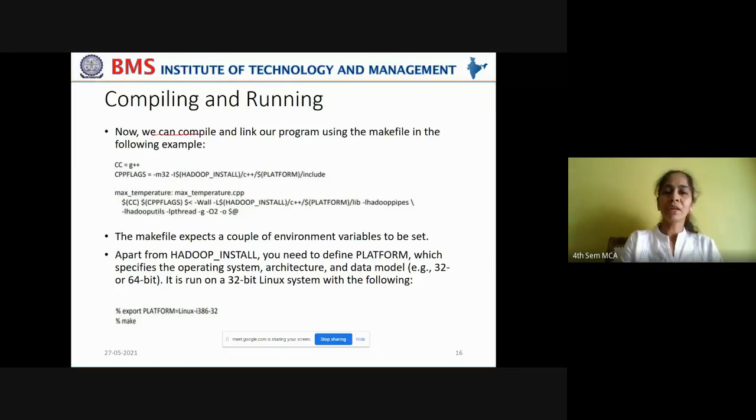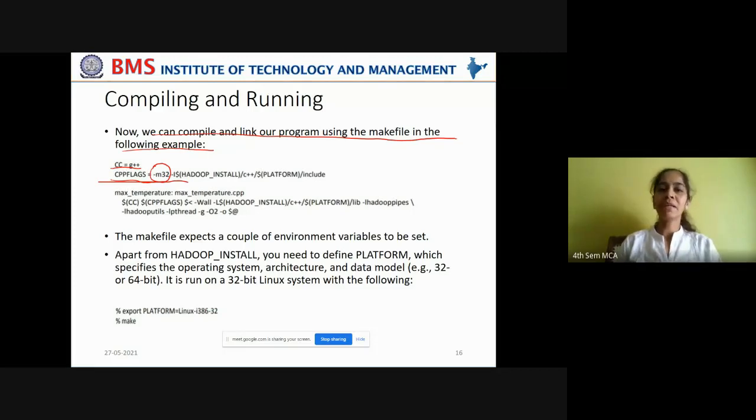Okay, now we can compile and link our program using the make file in the following example. So you take the C++ compiler by taking g++ and the C++ flags you can invoke by giving the number of map jobs here.